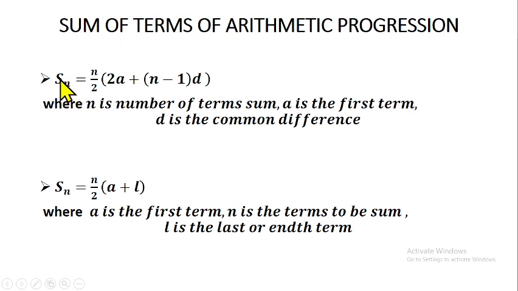If I'm summing 10, that will be the sum of 10. Your n here is the number of terms you are summing together. Is it 10? Is it 5? Is it 20? So n is the number of terms you are summing together. You know that a is the first term, n is the number of terms you are summing together, and d is the common difference. So that's the statement you have here.